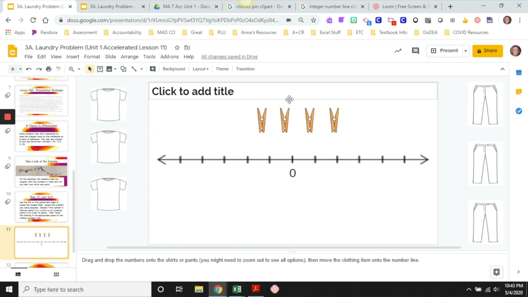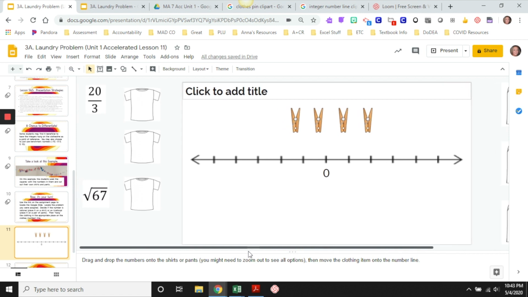So this is what yours will look like when you get to it. And notice when I first come to this, I really only see the shirts and the pants. However, with the directions down here at the bottom, you can zoom in or out. You can also just slide this over so that you can see those numbers. And so what you'll want to do, for instance,